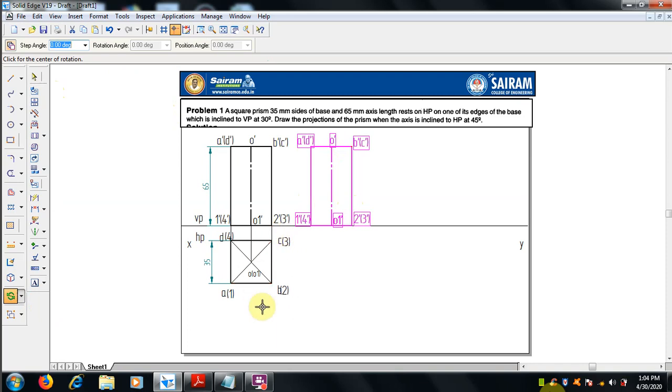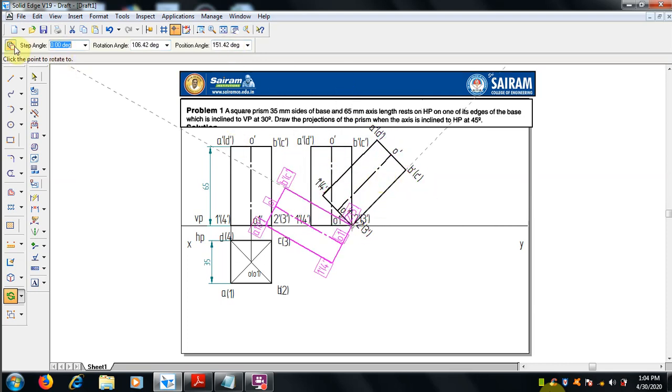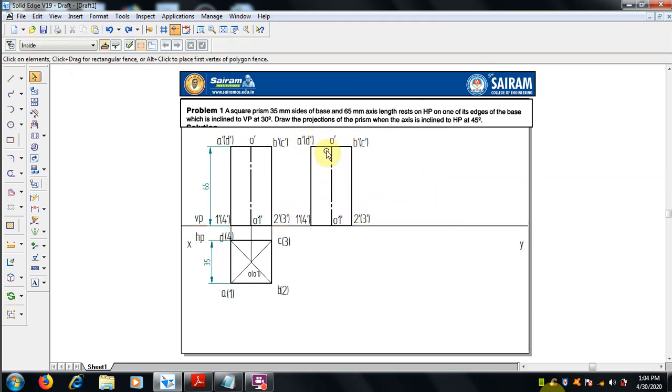So if you rotate the axis, it's wrong, because the edge is resting on the edge. The resting edge is CB, or at the bottom 2 3. So at that point it has to rotate. We have to rotate the side which is parallel to the axis. We select that one and we have to rotate it for the axis.